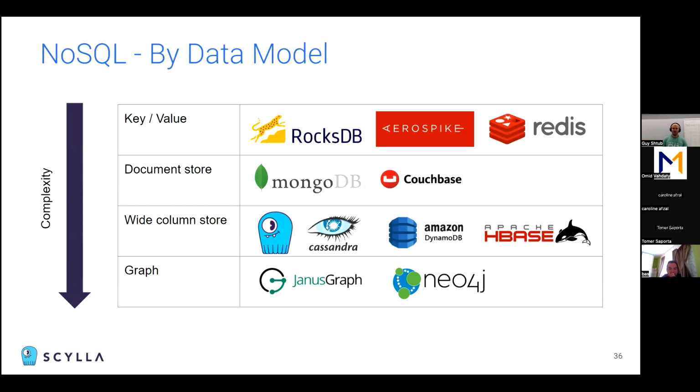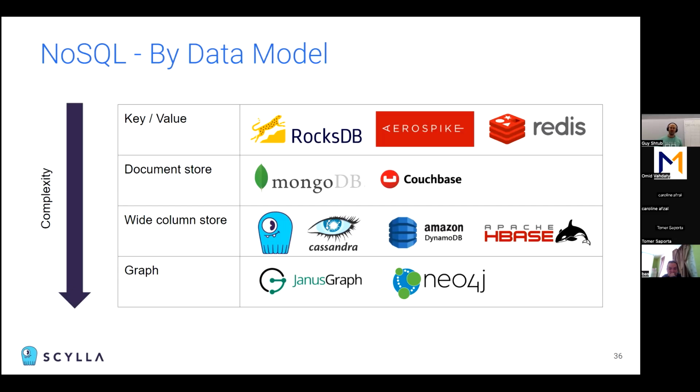So there's a question I see about CockroachDB. In the CAP theorem, I think they would be giving preference to consistency over availability. Okay, so they would be together with MySQL there. So in the data model, if we look at these databases, going from the least complex to the